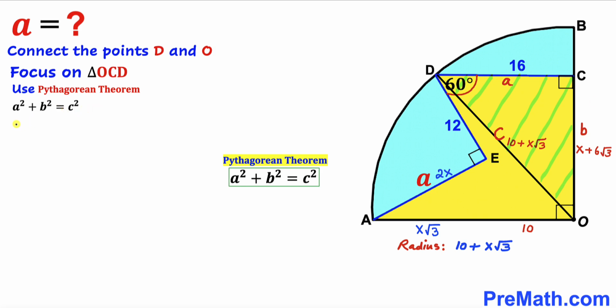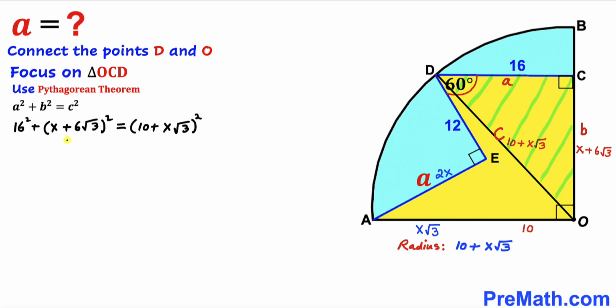So a is our 16, so this becomes 16 squared plus b, in our case x plus 6 times square root of 3, whole squared, equals c, in our case 10 plus x times square root of 3, whole squared. Now let's simplify. 16 squared is going to give us